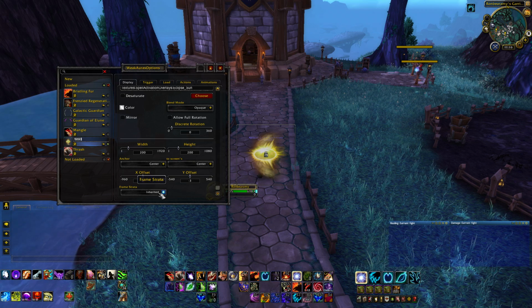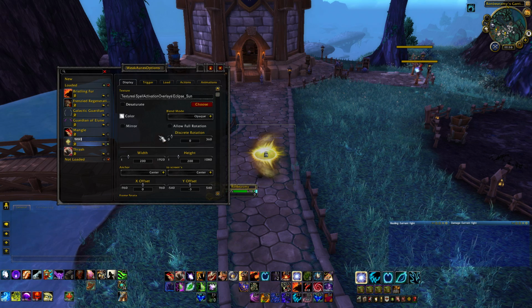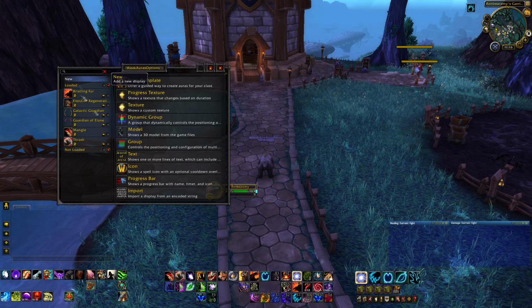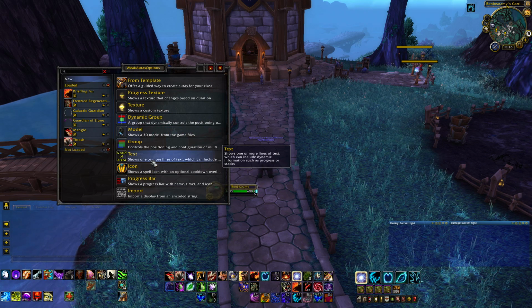And then the frame shader I don't play with, just leave it as is. So that's textures. Pretty simple. Pick a texture, move it around, customize it as you like. Now the next type of weak aura that I use a lot is actually something I use in conjunction with